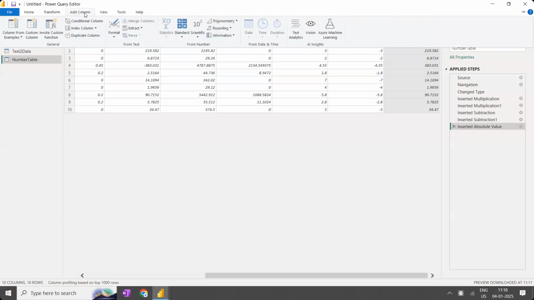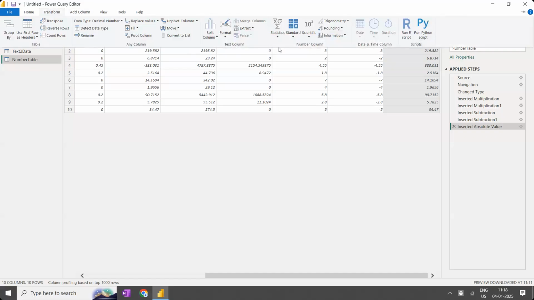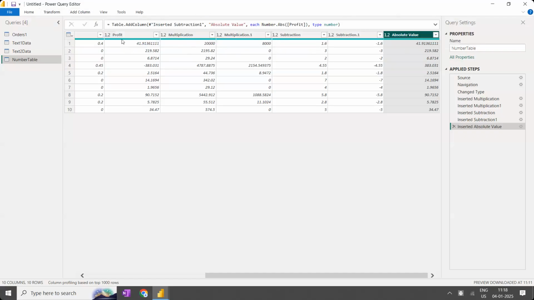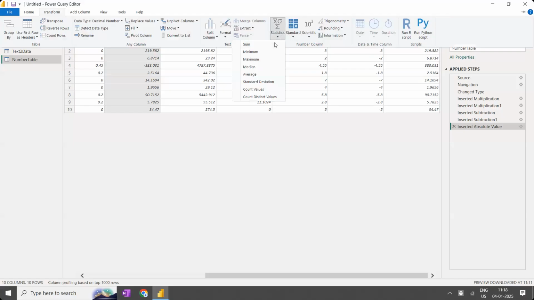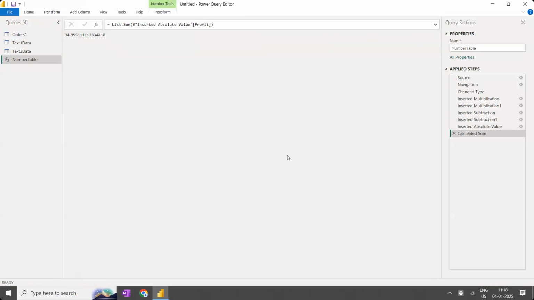Only that difference. Okay. So I'm selecting this particular column called profit, and I'm going to click on statistics. I'm going to calculate the sum. So it is going to calculate the sum. This sum you can create as a measure and you can display as a card. In the card you can keep. Okay, otherwise